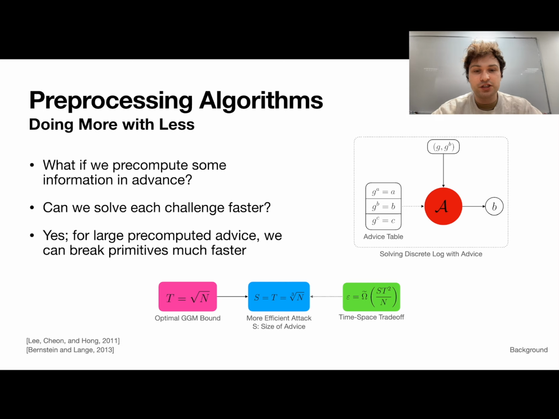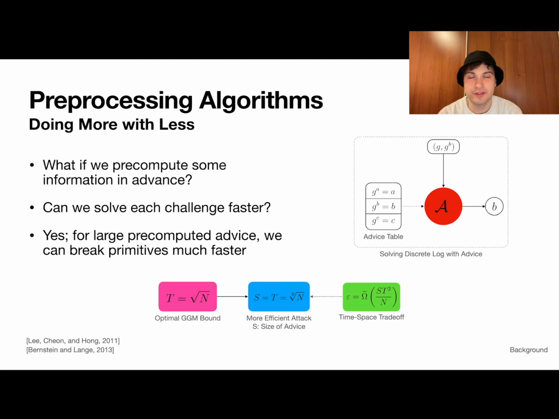In fact, generally in this setting, what we care about is the so-called time-space trade-off, which is what you see on the right here. The time-space trade-off basically says, for every bit of advice that I give you, how many fewer queries can you perform per challenge? In this case, the answer is, for instance, if epsilon is equal to 1, and I want to always invert the challenge, S t squared has to be of the order n.